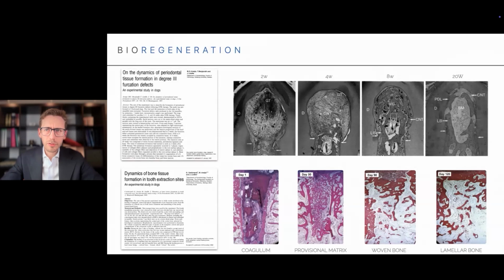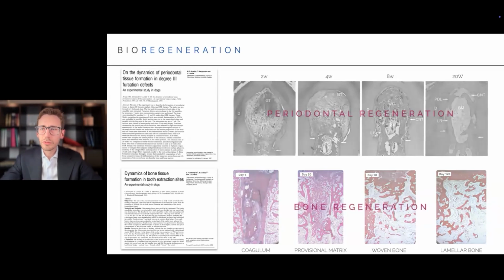Both of these models involve tissues with an ectomesenchymal origin. Both of these models are characterized by the formation of a blood clot inside the defect, the conversion of the blood clot into a provisional matrix, which is a granulation tissue, and the differentiation of the granulation tissue into an immature, undifferentiated tissue, as for example the woven bone, which of course then differentiates and matures into lamellar bone. So we can see that in both healing models, we have the same sequential series of biological events,